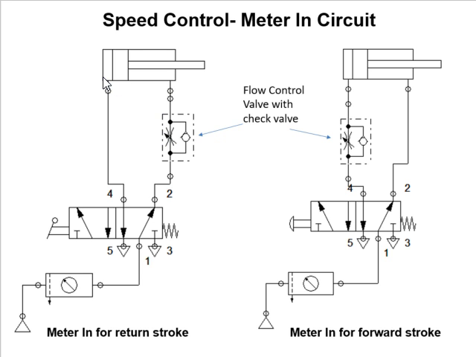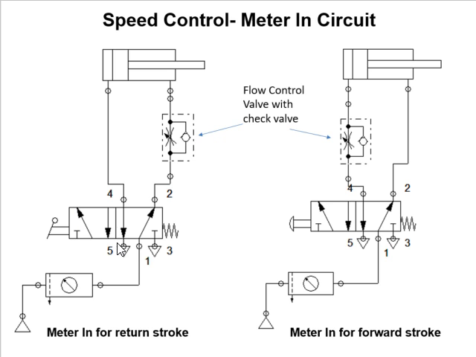At the same time, the flow which is coming out from the cap end side will pass through port number 4 and to the exhaust at port number 5. Now when we shift the lever, the DC valve will change its position. So as soon as it changes position, the port number 1 pressure port will get connected to port number 4 and port number 2 will get connected to port number 3.